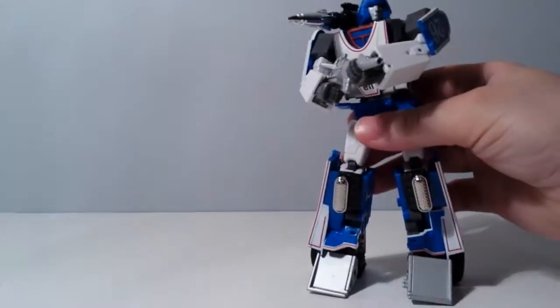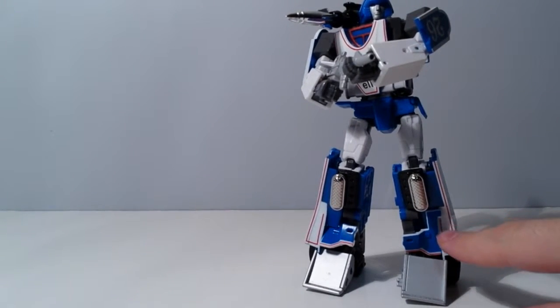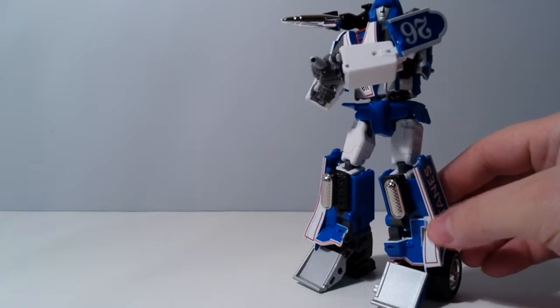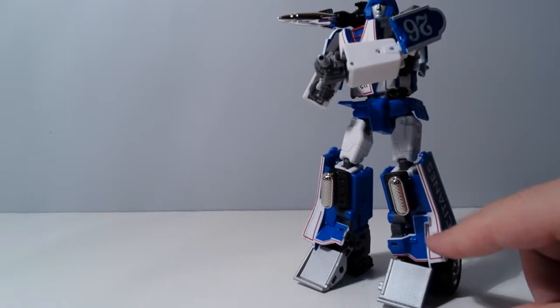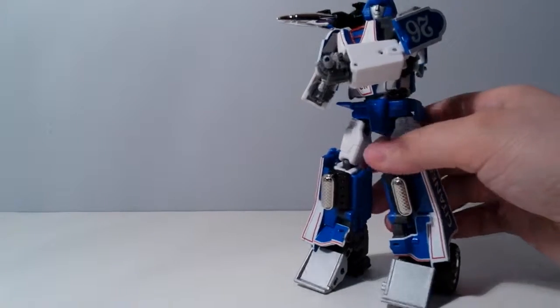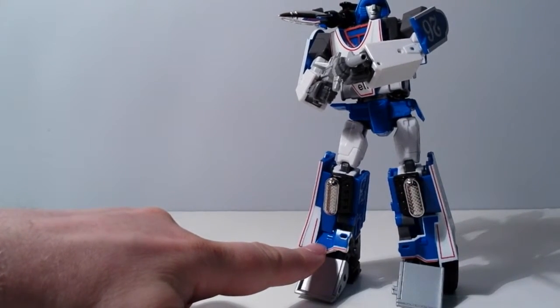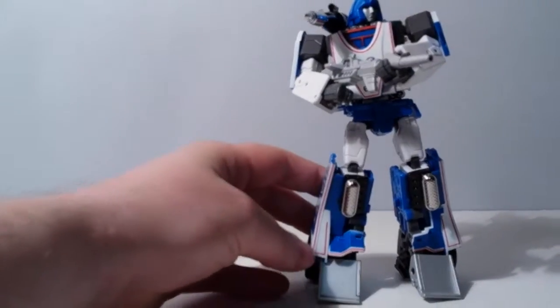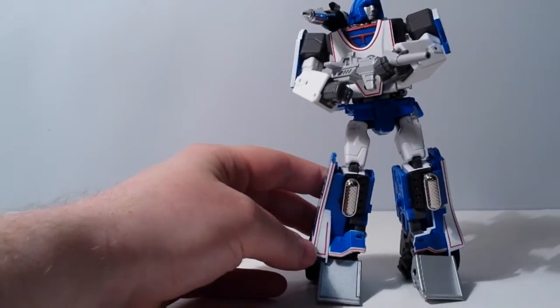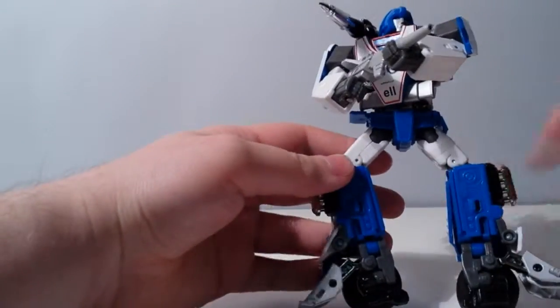if you notice here, I've transformed the legs in two different ways. This panel here is outside of this part, and that's actually the way the instructions show you. So I've seen in other reviews this is outside. However, you can tuck that piece underneath this panel, and I think that looks better. And in fact, I think the instructions are wrong, because if you look in here, you see how this panel